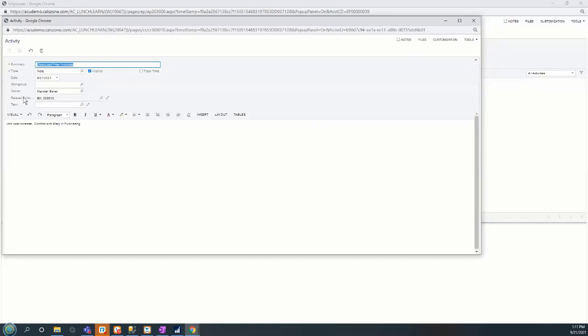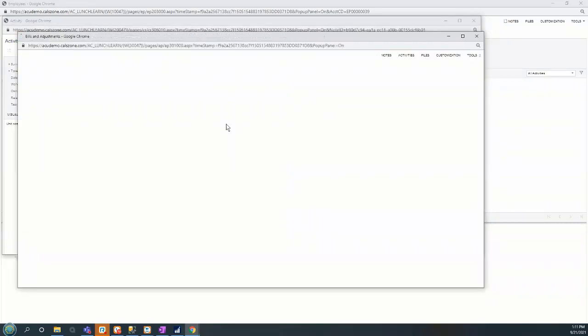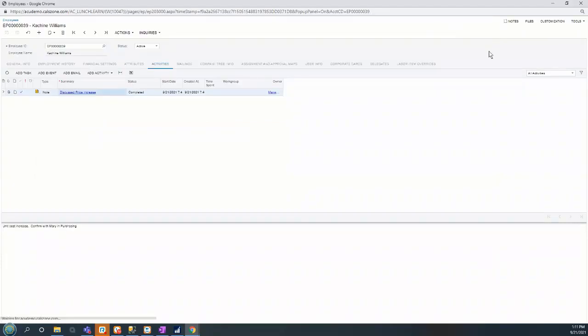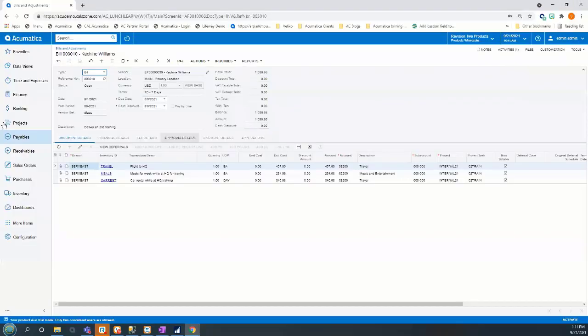If I drill into it, I can see the related entity, what this is related to, and I can quickly get back to that AP bill if I need to. Okay, so that's just a little flavor on activities. When we get into some of the transactional processing in the upcoming sessions, we are going to focus a little bit more on that. I'm going to go ahead and close that out,